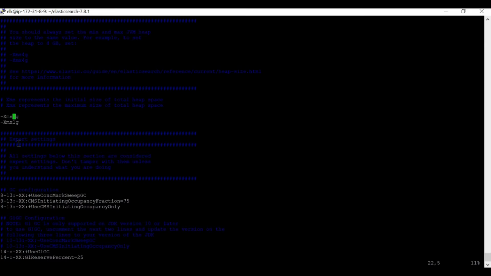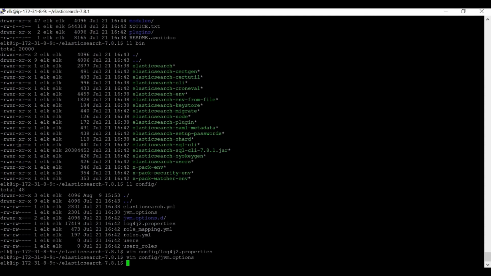Here I'm keeping it at 1 GB, which comes by default. It depends on your server type. Suppose your server has 64 GB of RAM, then at most you can go up to 31.99, I should say 31 itself, so keep it 31. Right now 1 GB is sufficient for my testing purpose and my particular node type, so I'm leaving it as it is, but you can change it as per your requirements. Next comes the elasticsearch.yml file. This is a very important file. We will be playing around with this file most of the time.